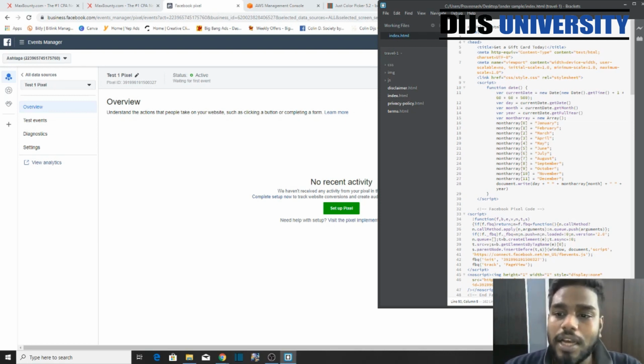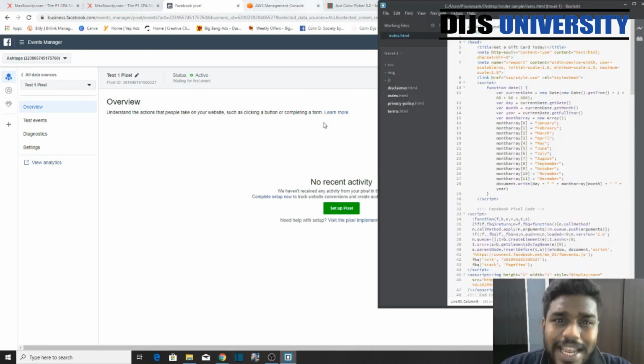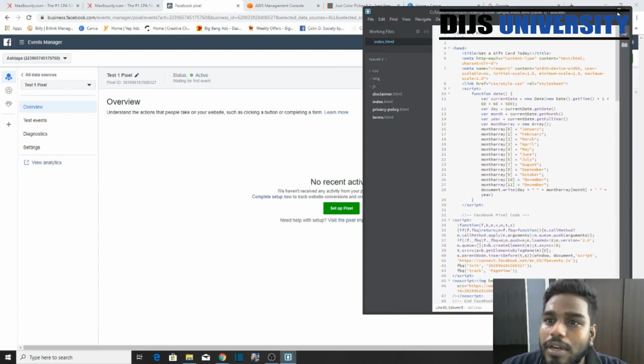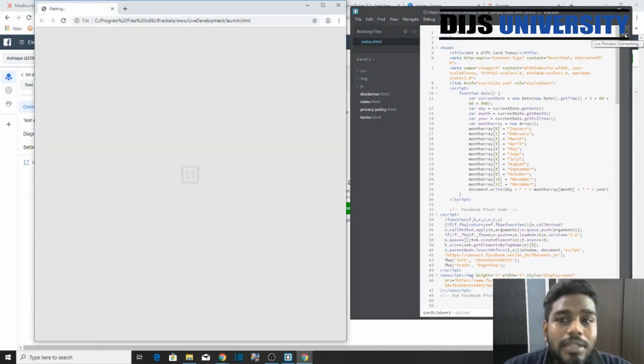So the next thing, you have copied the Facebook pixel code, and then we are done with Facebook for now. So the next thing you've got to do is edit your HTML. As I told you, you can go ahead over here and let's open it a little bit bigger. You can press this button which looks like a lightning bolt, and this is the live preview button. If you press the button,